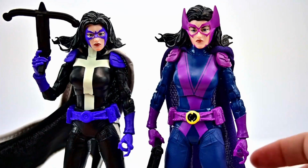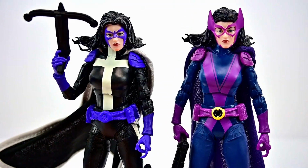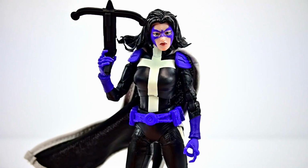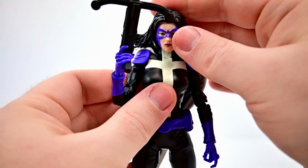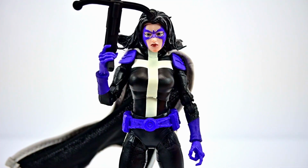So you can just pick and choose whichever you want if you get both of them like we did, so we can have one represent one and one the other. But overall, I do really like the Huntress. I just wish her hair was different, because it looks awkward trying to pose her up in certain ways. It looks awkward with her head design there, so you just gotta put it in certain positions for it to look somewhat normal. Unfortunately,